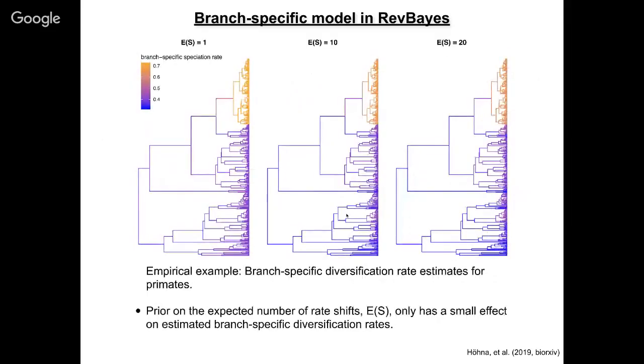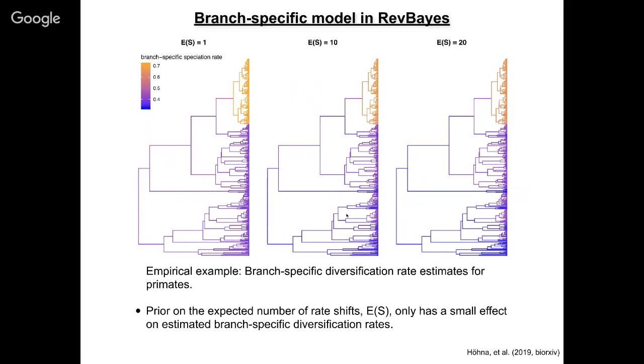Okay, so since we're saying the number of rate shifts is very difficult to estimate, there's some hope, but not so much information in that. But maybe we are more interested in the end in looking at the branch-specific speciation rates. So here we have the same phylogeny and basically the same model, only that we varied our prior on the number of estimated